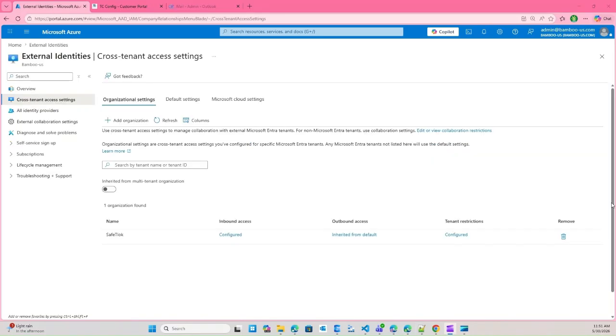In the customer tenant, I navigated out to external identities, then cross-tenant access settings, organizational settings. And you can see that we have a listing there for our MSP, so a safety lock. Inbound access is configured. Outbound access is just inherited from default. And then tenant restrictions is configured. If we go to our inbound access and we click on configured,